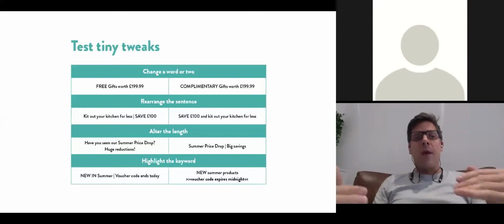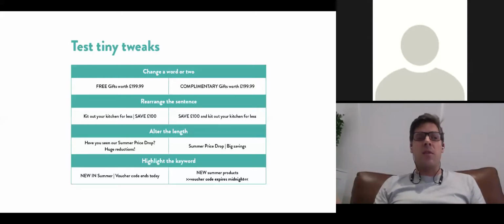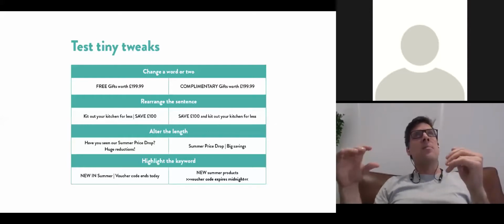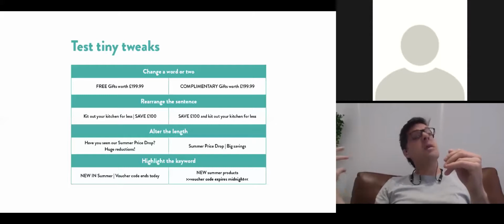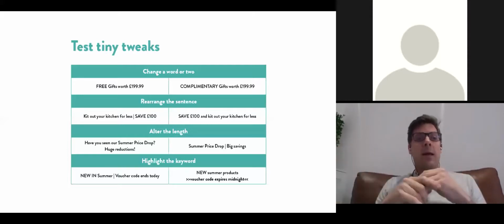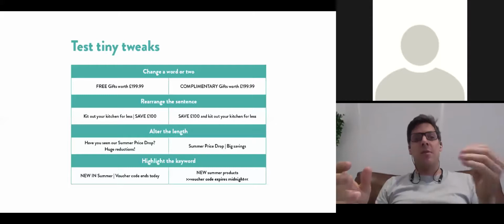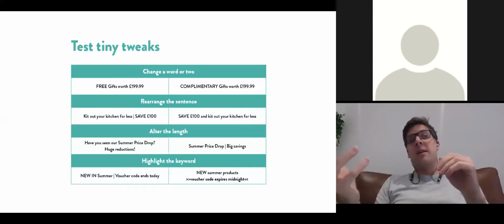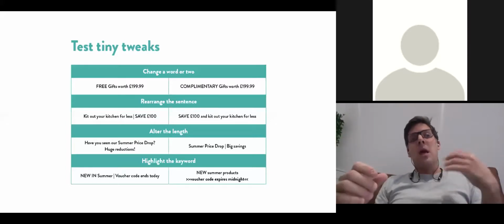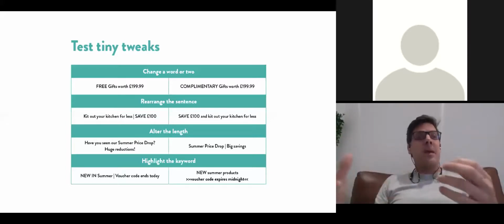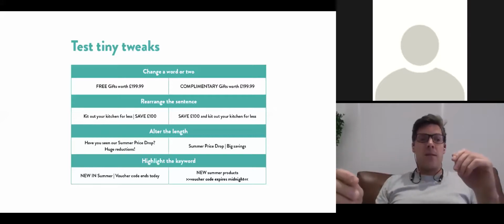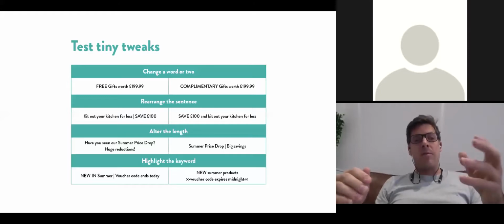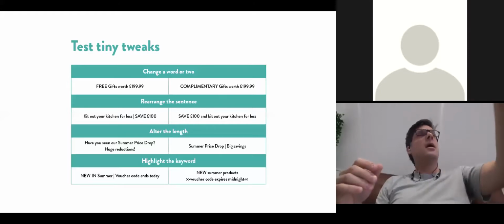So these are two variations of the same thing. The first poses it as a question: have you seen our summer price drop? That implies that this is something that's already happening that you might have missed at the moment. So that might be a reason why you click. Huge reductions, it then says. And then the right-hand side there is basically the flip of that. So we say, summer price drops, big savings. So it's basically saying exactly the same thing. And then that final one there is basically just about